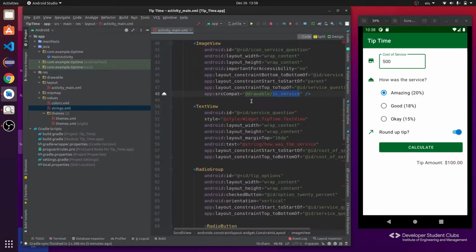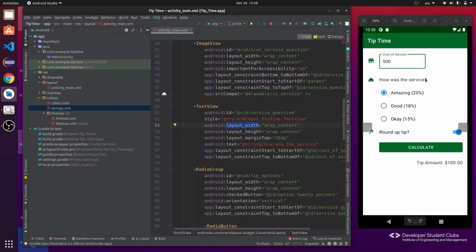Next we have the text view. The text view is this text, how was the service, and ID. First of all, we define the ID. Next we add the style. We'll first of all define the style in that styles.xml, then we'll see what it is. So for now, let's ignore this statement and move forward. We have added the layout width as wrap content.